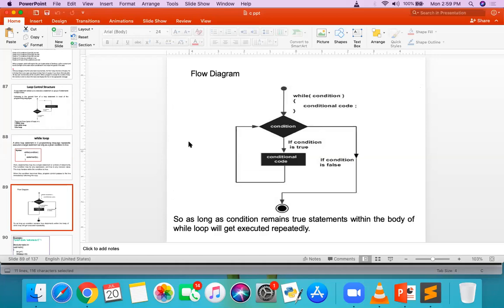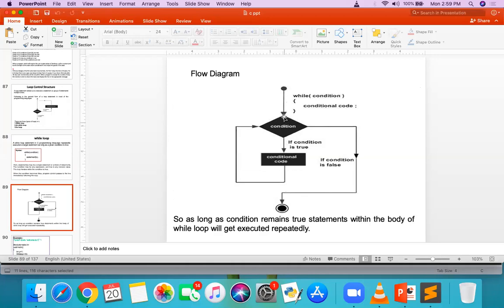Now next one is the flow diagram. The flow diagram actually shows the actual flow here. Before executing the conditional code, it will first check the condition. If the condition is false the first time, it goes directly to the next statement and will not execute the conditional code.